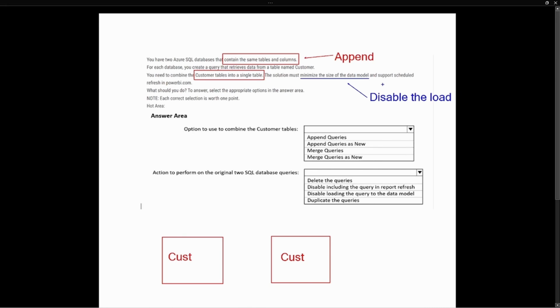And it also needs to support a scheduled refresh. This is the other key part of this question. So remember, there were two options to include in the report refresh. And so we want to include the refresh. We want it to be able to pull in the latest data. And so as we look at this question, we have to determine this step by step what we're